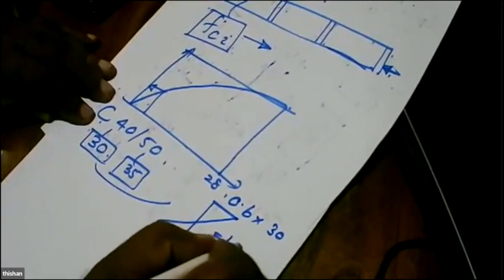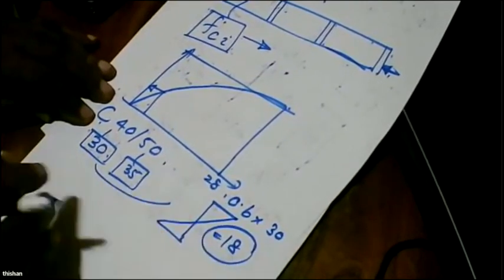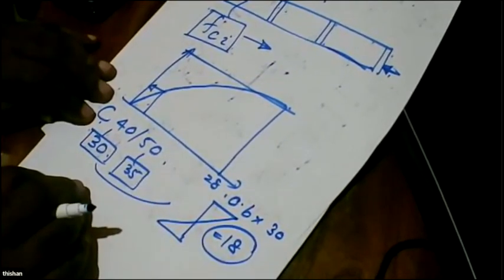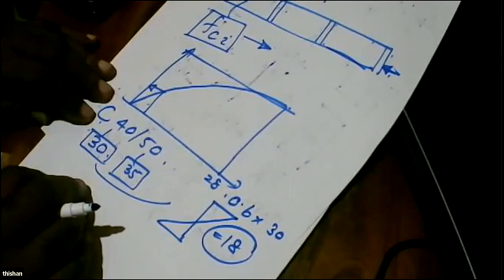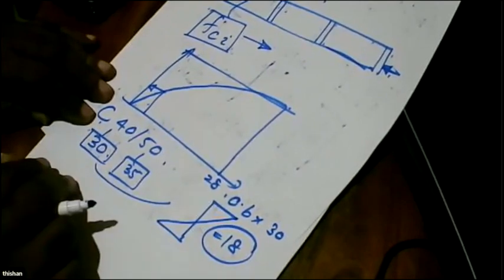That means we can allow a stress of about 18 under transfer conditions. But still the concrete has not reached its maximum or specified strength, because if we are to reach the specified strength, we have to stop manufacturing of beams and wait until concrete gains the adequate